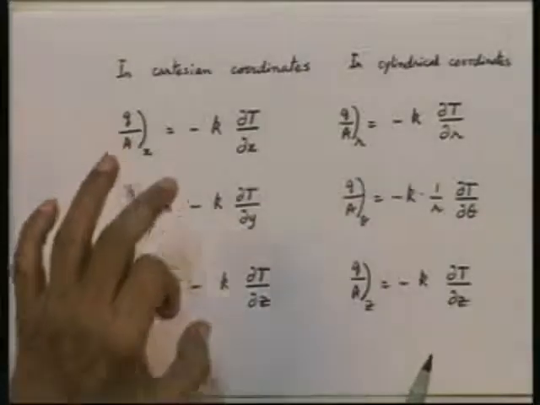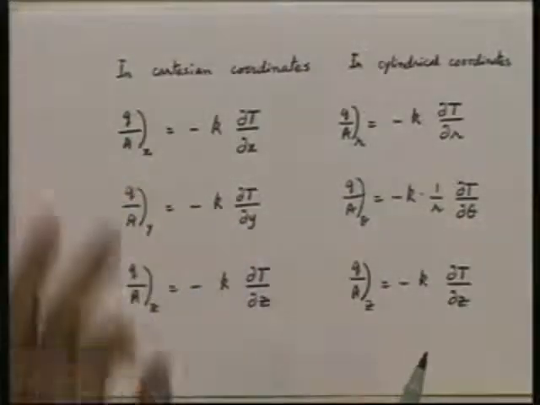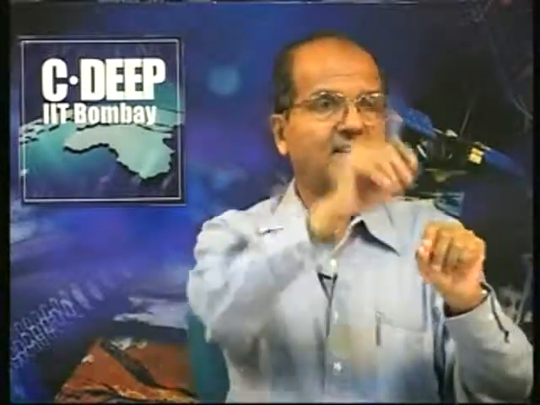This assumption means that I am assuming the material to be what is called an isotropic material. So, the statements I am writing down are for an isotropic material. The value of k at any point is the same in all directions. However, notice k may vary from point to point, but at any given point, regardless of the direction, the value of k is the same. That is what we mean by an isotropic material.